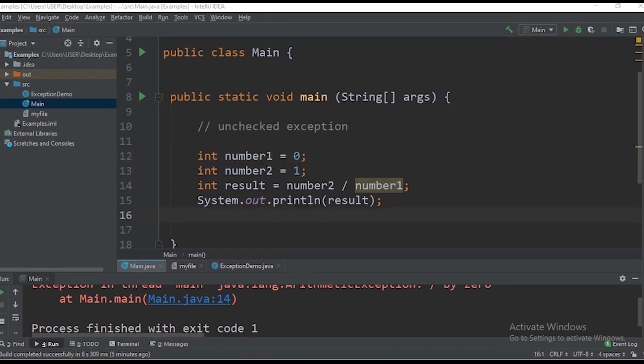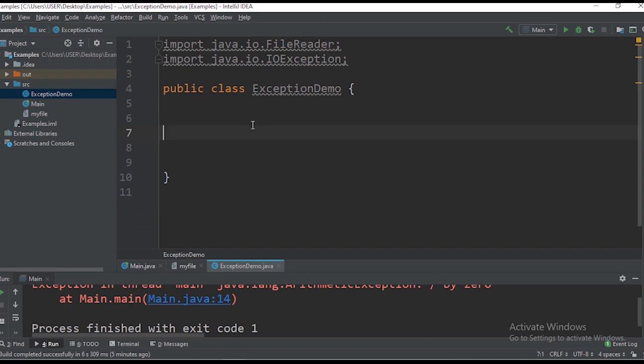Now that we see how an unchecked exception works, let's show how we use an exception on a method signature to tell the user of the method that they have an